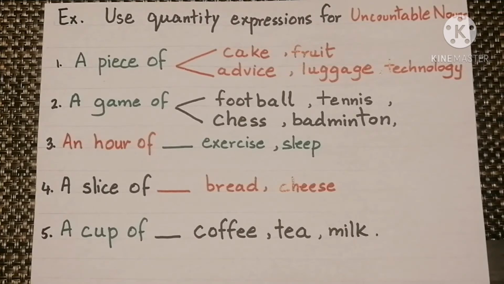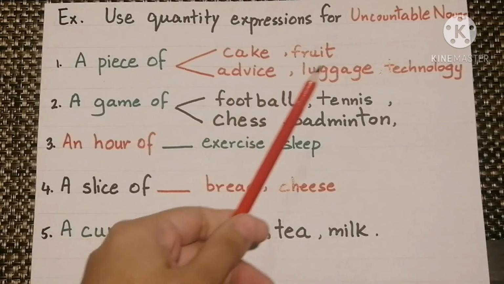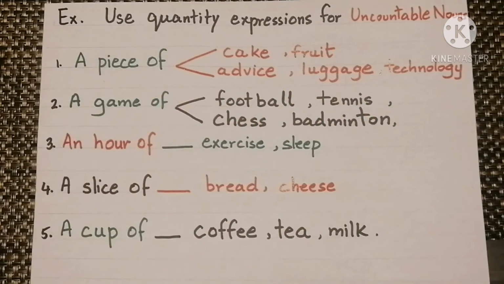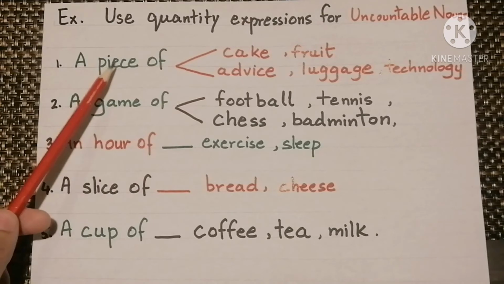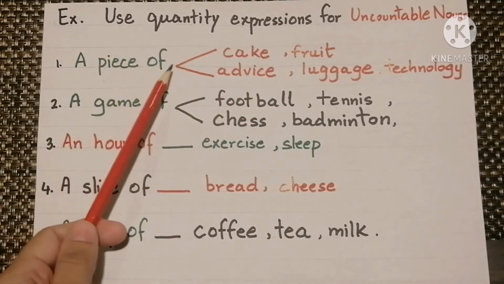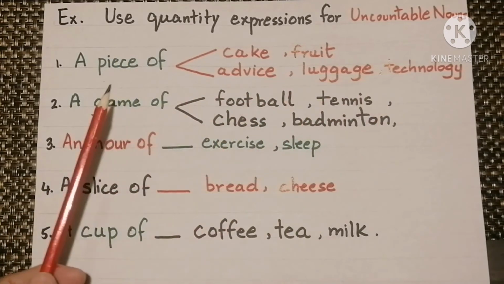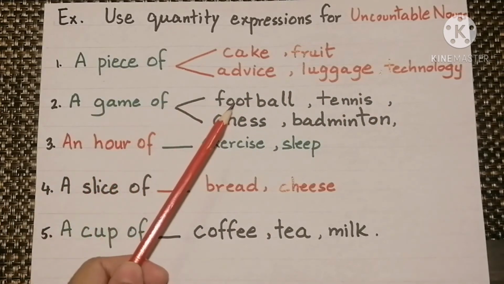Use quantity expressions for uncountable nouns. The uncountable nouns are cake, fruit, advice, luggage, and technology, and the quantity expression used is a piece of cake, a piece of fruit, a piece of advice, a piece of luggage, a piece of technology, a game of football,